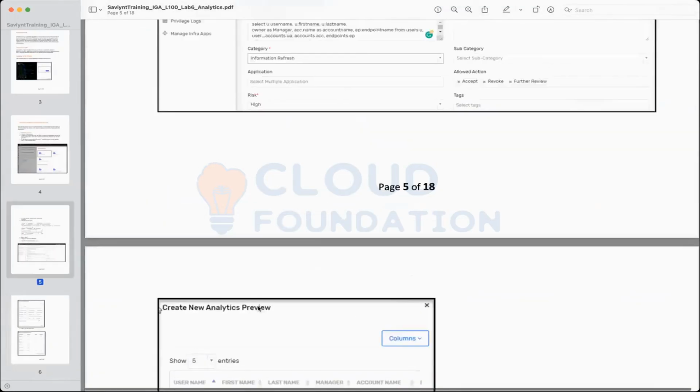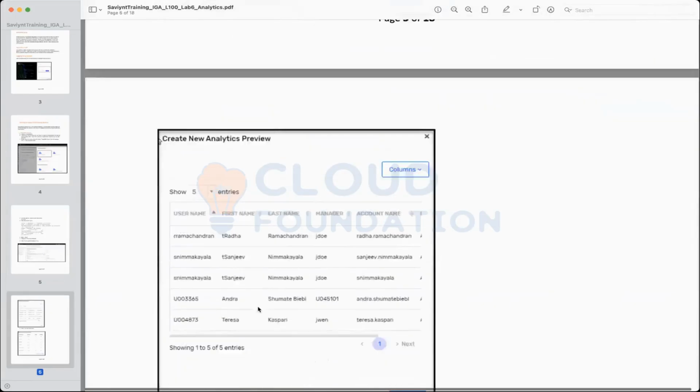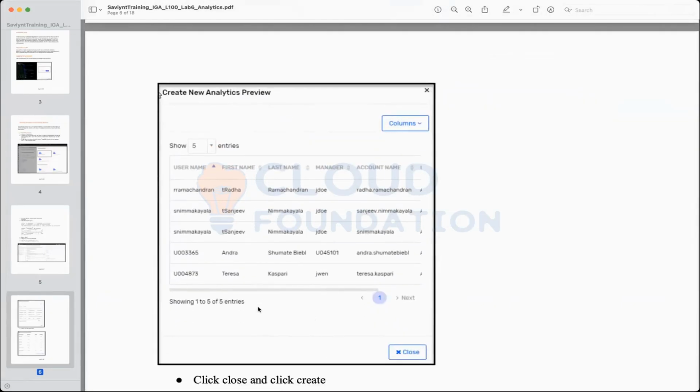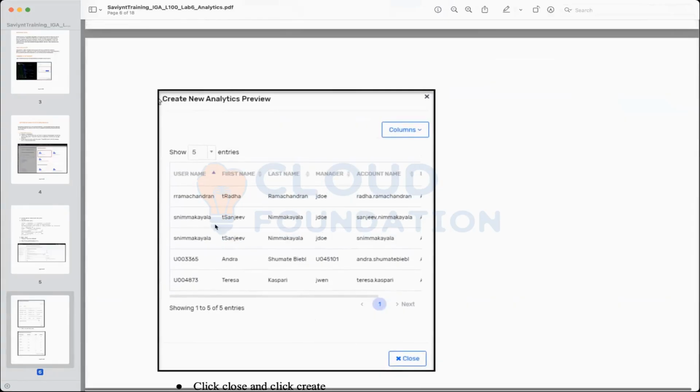Now let's say I execute it, and I click on preview. A good point about Saviynt is that Saviynt will give you a preview of the results. You'll be able to see whether you are getting all the required details or not before actually executing the report.